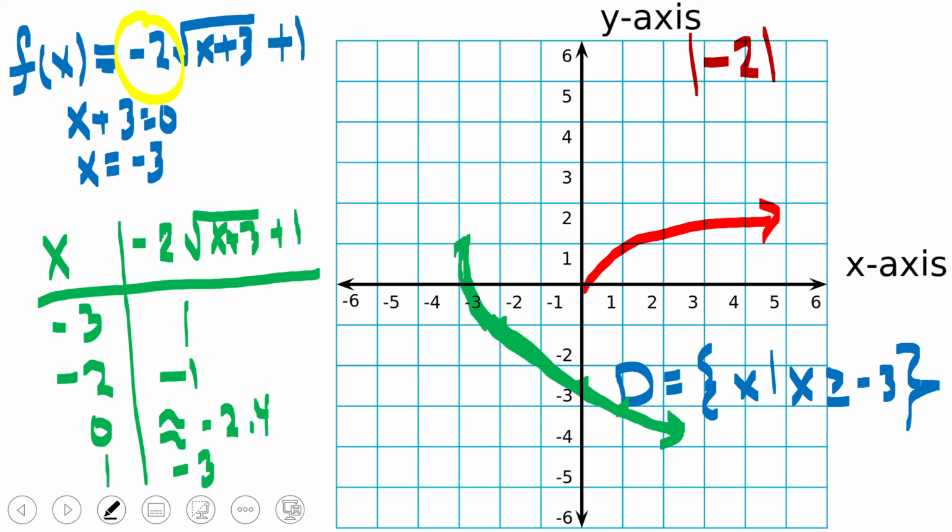The h value translated the graph 3 units left from the parent graph, and the k value shifted the graph up 1 unit. So 4 ideas happened from this function. So be sure to address all of your values and what they will do to the parent graph function, and